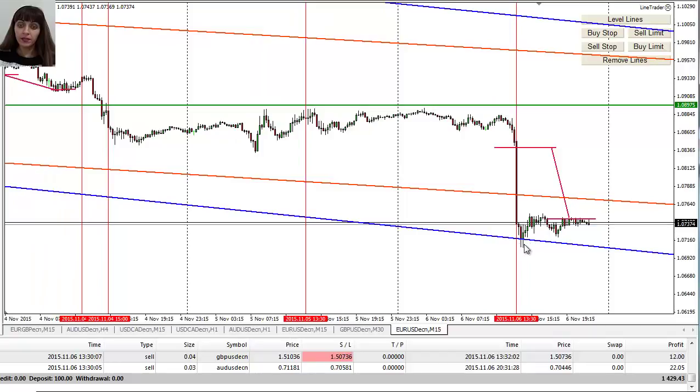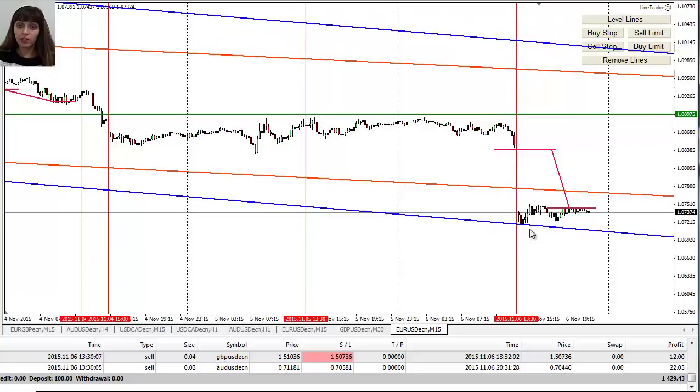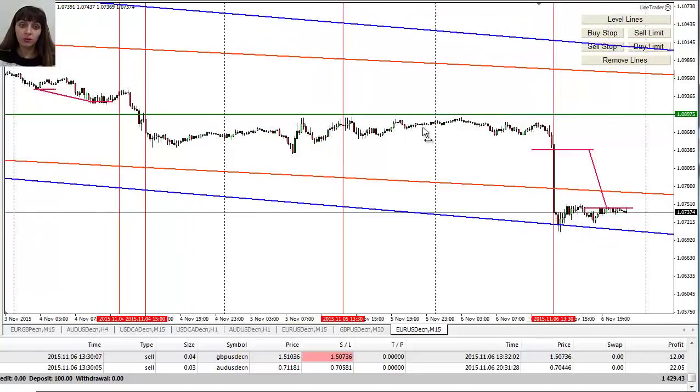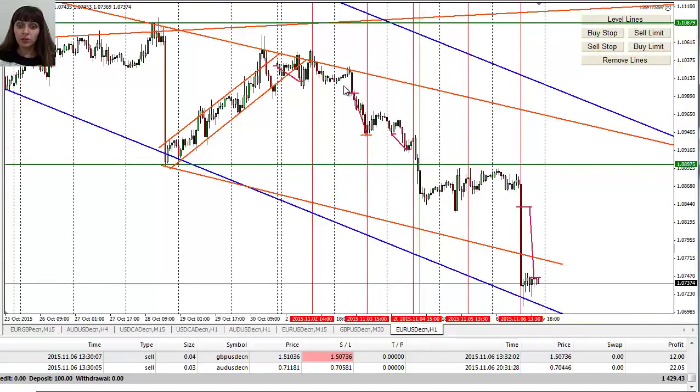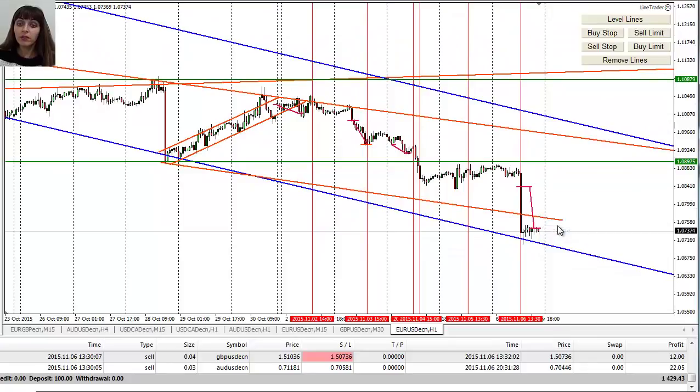I was thinking that the market would break the main level here, you see, which is from our main downtrend, but it didn't happen. So the market decided to stop. Obviously, maybe the market was going too long down, so maybe it wants to correct itself. But on the other side, it's reached one of our levels, so maybe it will be correction. Maybe next week it will continue its way down.